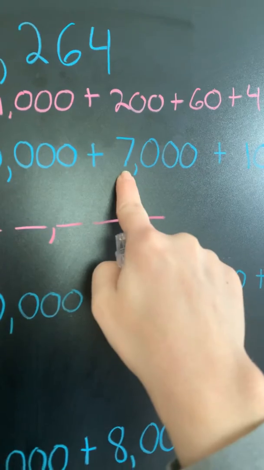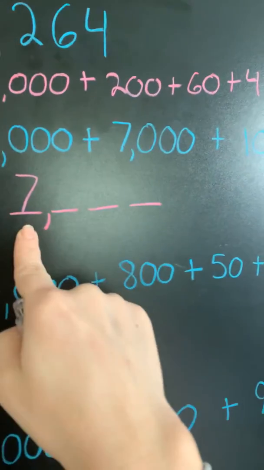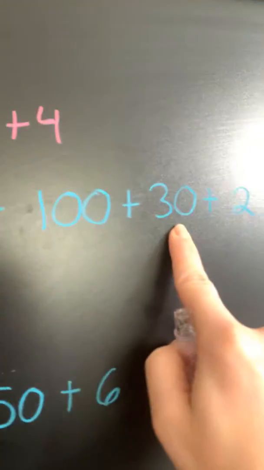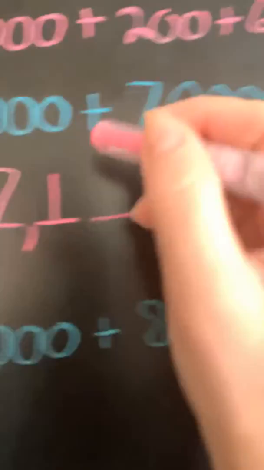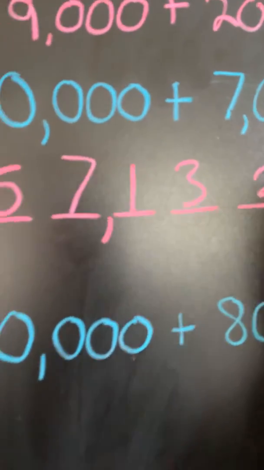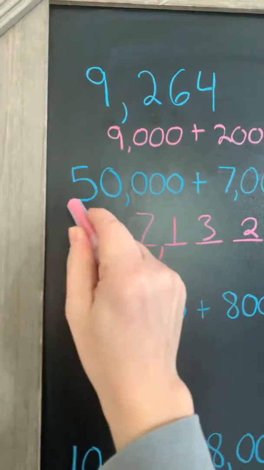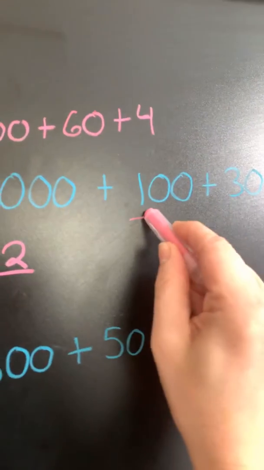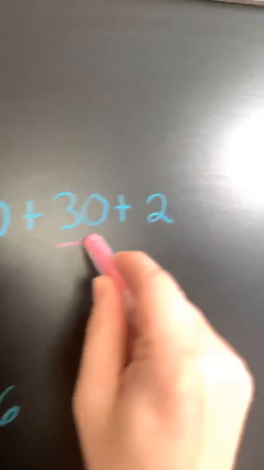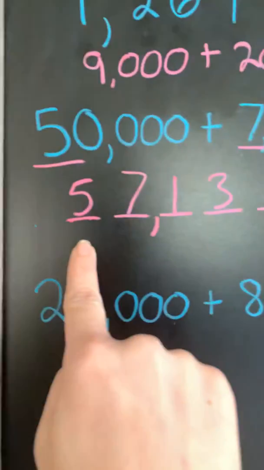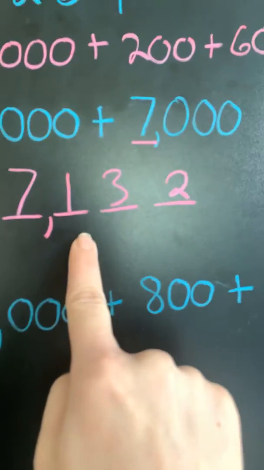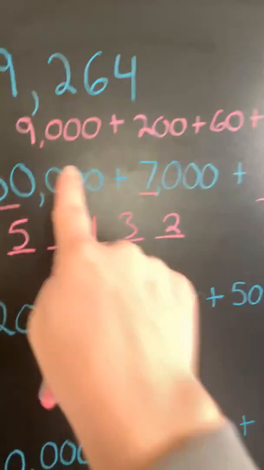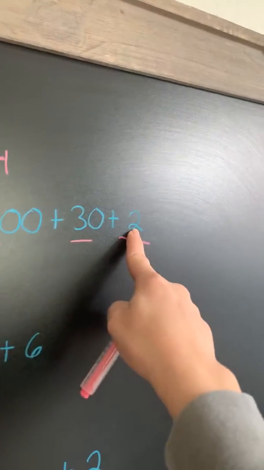And then I go to the next one, 7,000. That would go right there. I go to the next one, 100. I have 30 plus 2, so I put my 3 and 2. So 50,000 plus 7,000 plus 100 plus 30 plus 2 is 57,132. Okay. And if you look, it's adding 5 numbers,